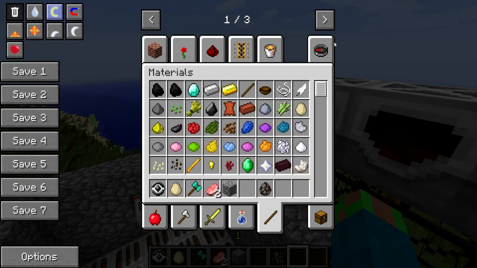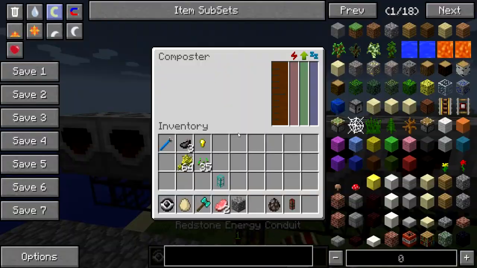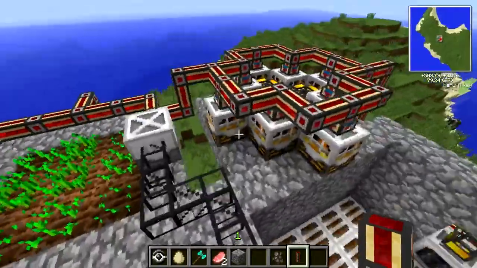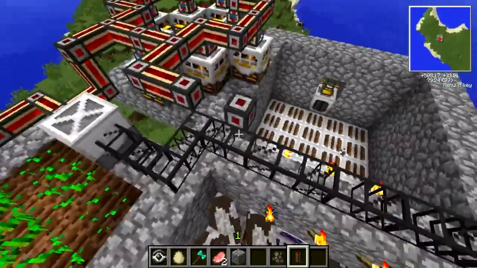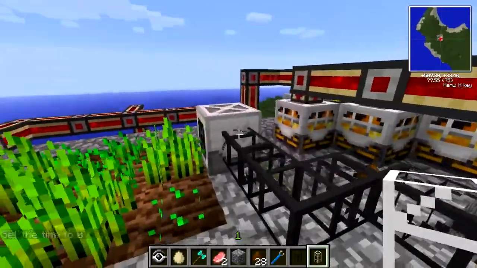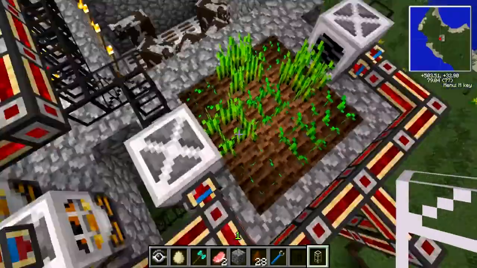But in order to get the fertilizer, you're going to need to connect up your composters, which I also showed you in the previous tutorial, up to the power, which I apparently haven't done. I thought I did, but I didn't. Okay, now to fix these pipes, the fertilizers go nicely into the machine also called the fertilizer,